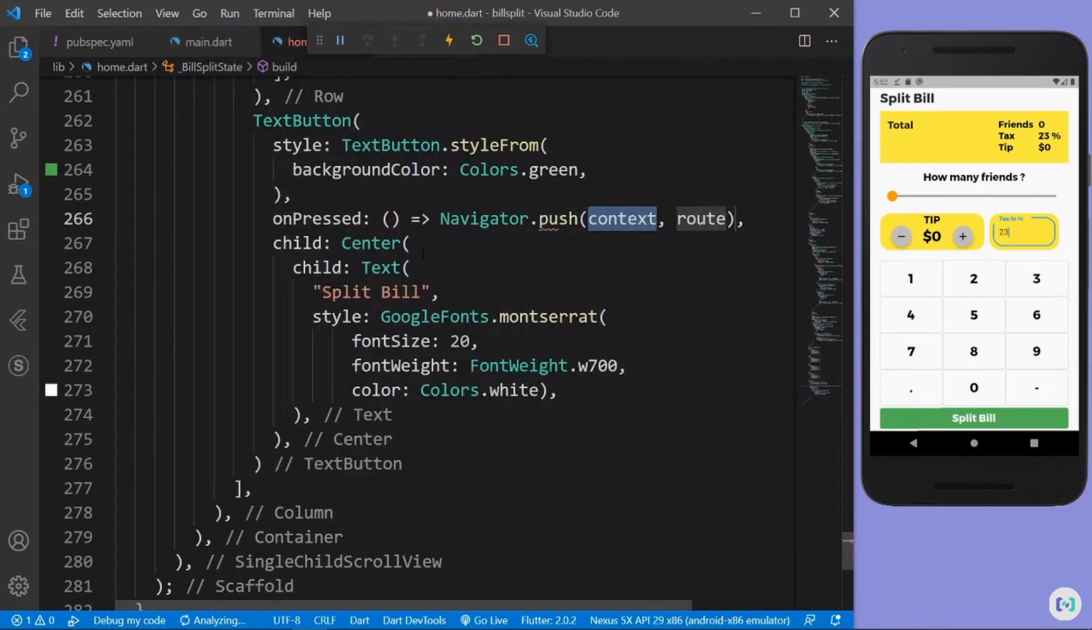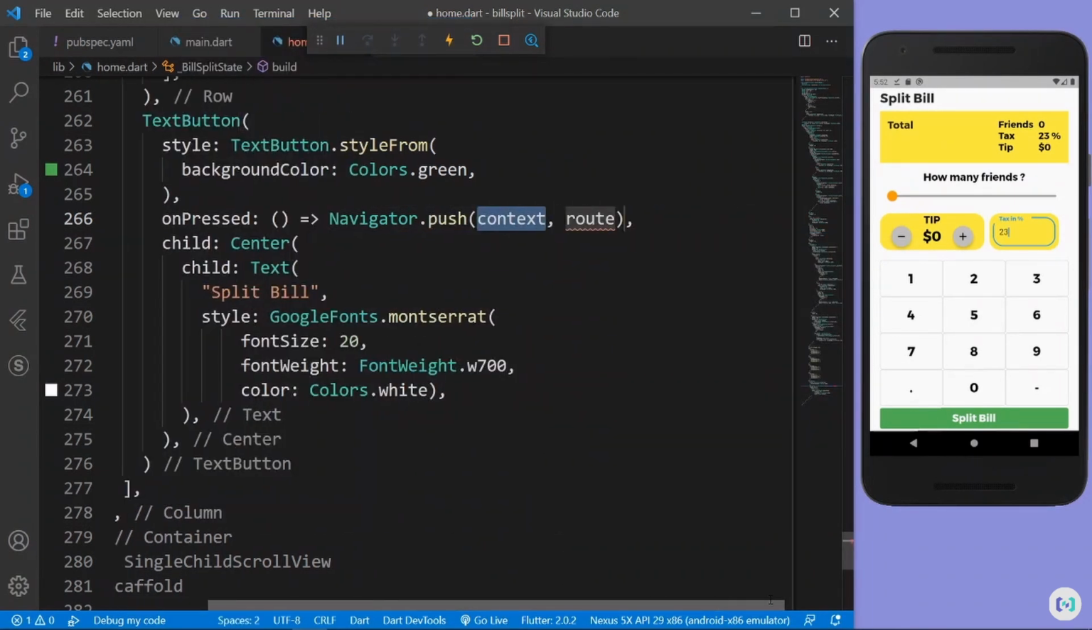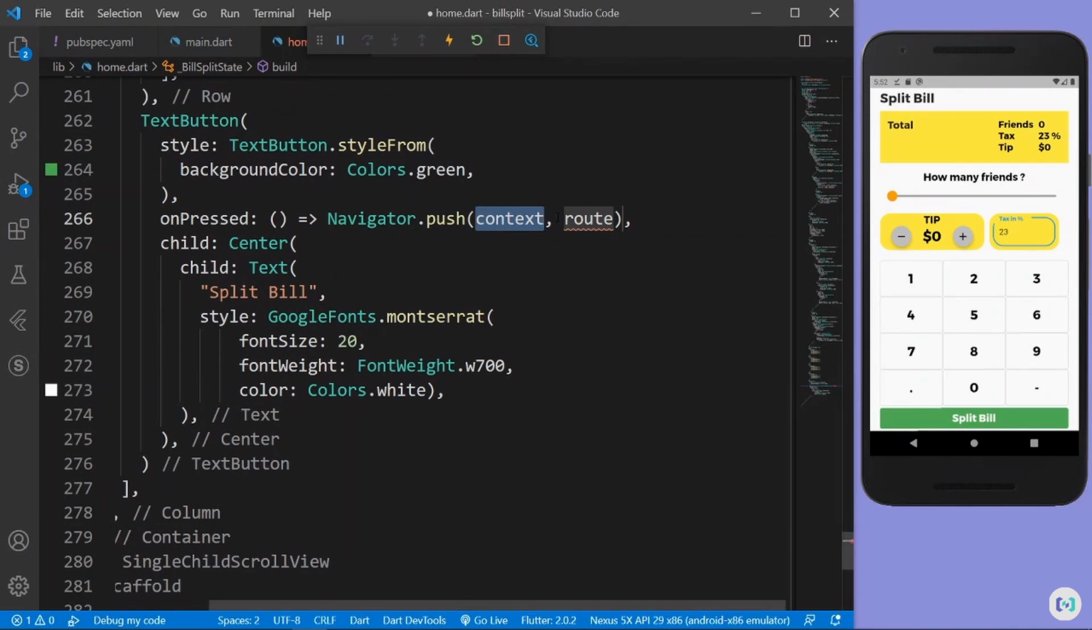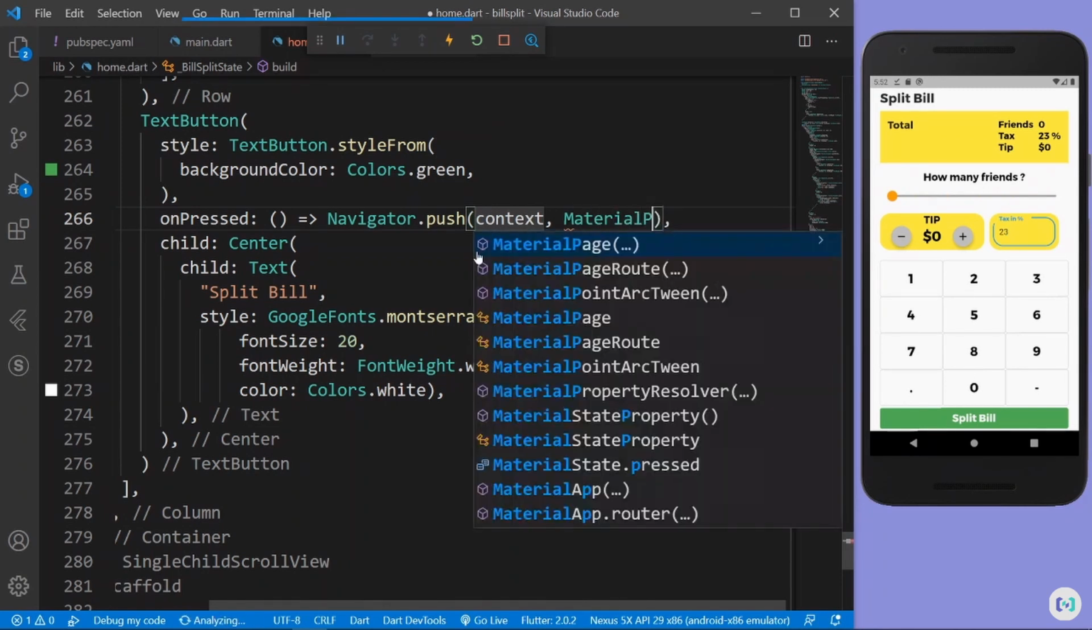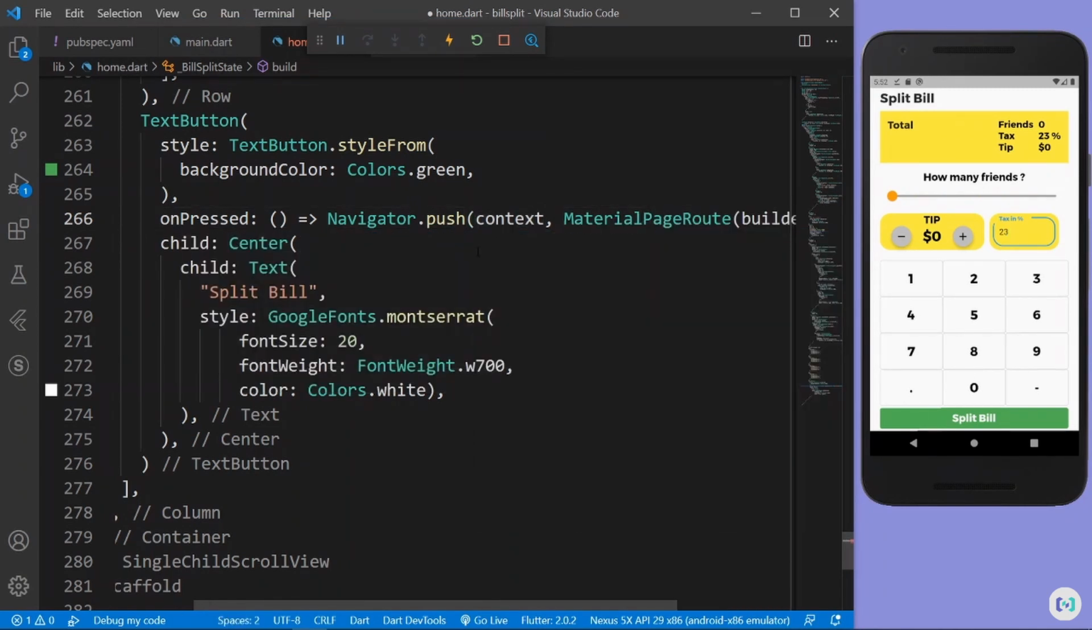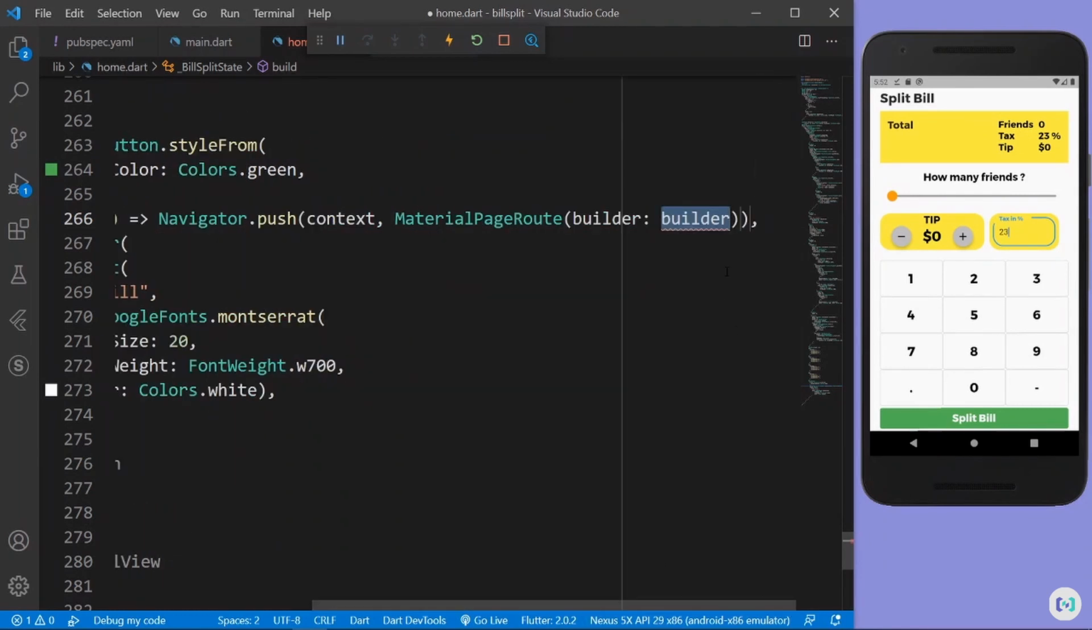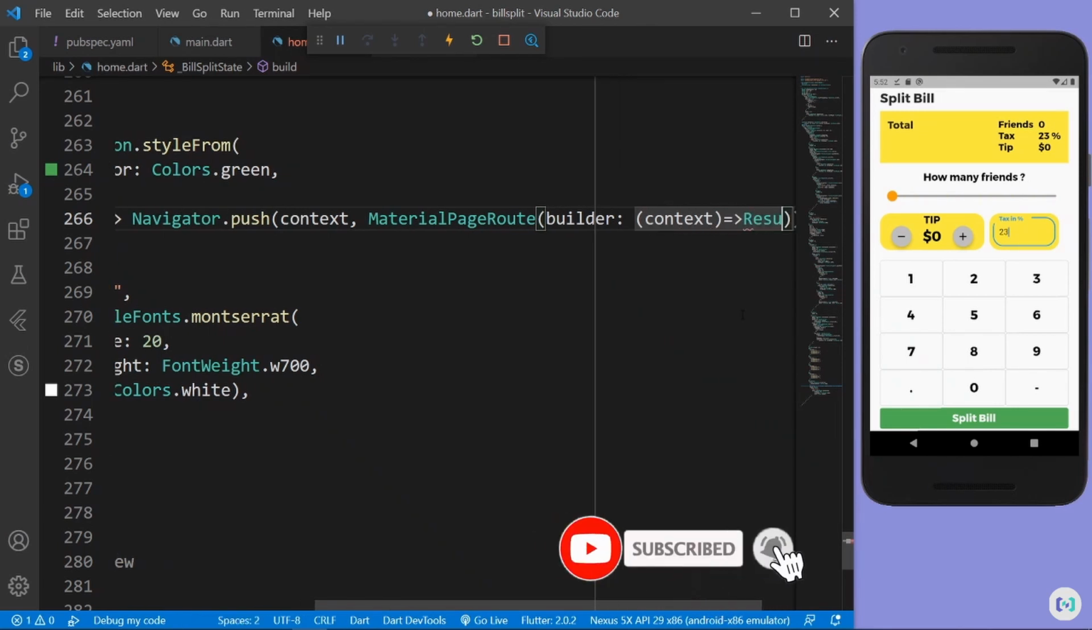Navigator.push. It takes in the context and also it takes in the route. The route is just the MaterialPageRoute. So I'm going to say MaterialPageRoute. And for the MaterialPageRoute, we have to say builder, and the builder itself takes in a context again, and this context is going to return which page we're going to go. So we're going to go to the results page,